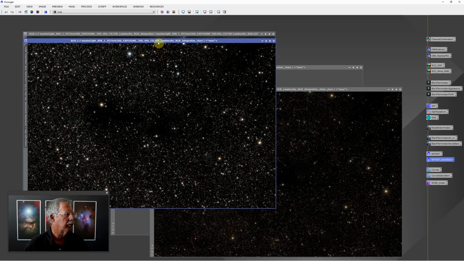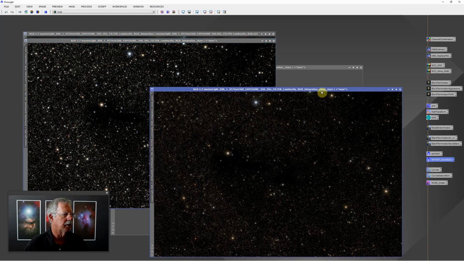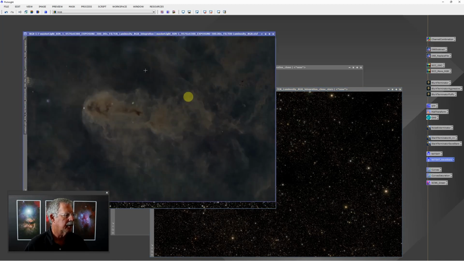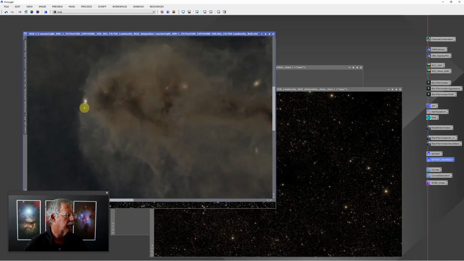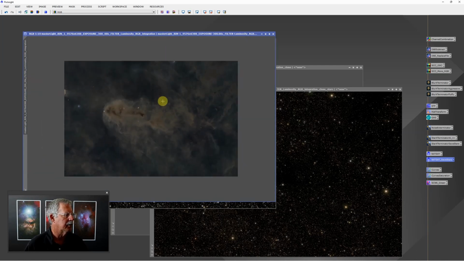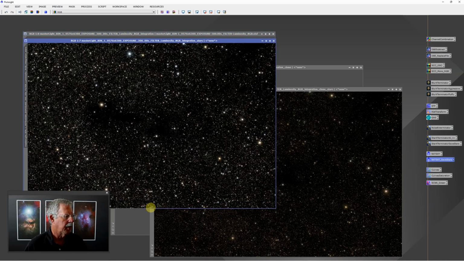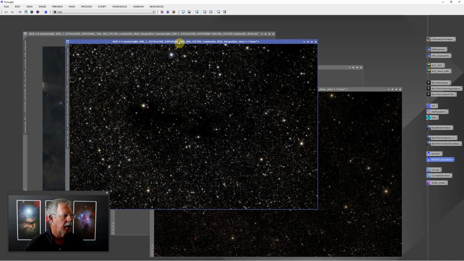So here's our fluffy stars, and now you can really see the difference between the sharp stars and the fluffy stars. And as I suggested, the background image is much cleaner from the fluffy star version, although it still retained these galaxies. And we've got a little bit of a flare over here from a nearby bright star that we'll clean up in Photoshop. So now I would save this image as a 16-bit TIFF, and then typically I will